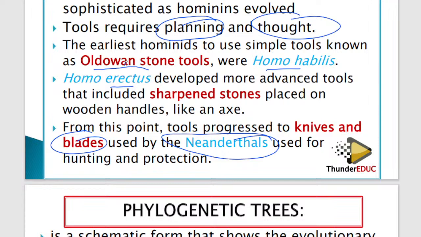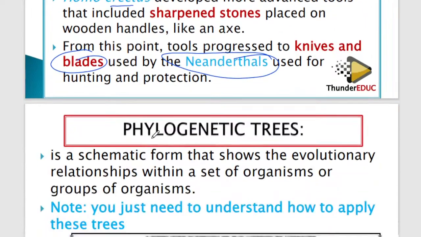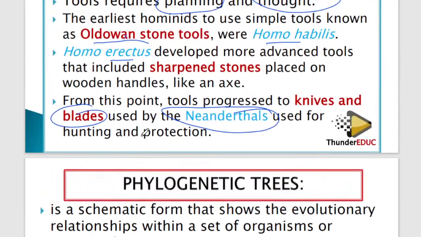Other one tools, it's not that more advanced. So it became more sharpened, and then it became the blades and knives which were being used by the humans. So before I go there,